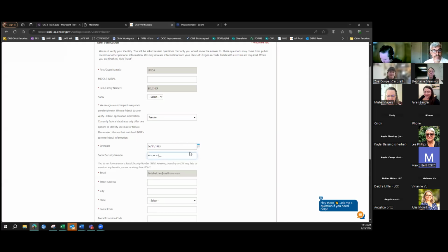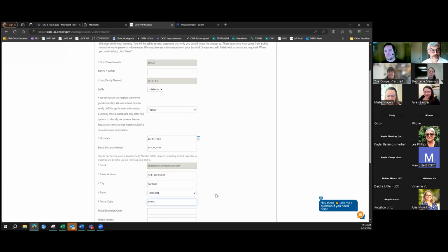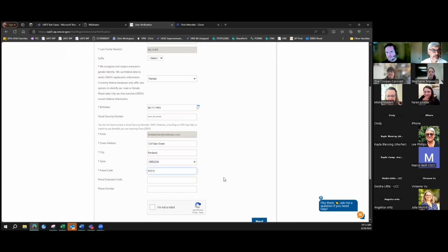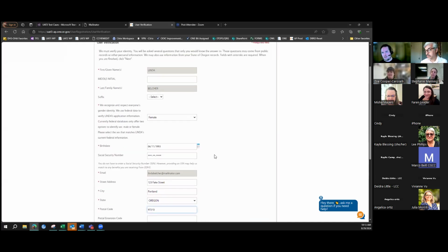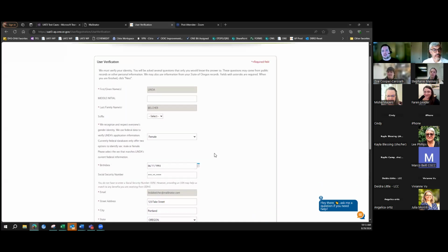I'll jump in and say it's a problem in the system when people create accounts and we don't get the match, because often there will be multiple versions of the same person that have to get sorted out by an eligibility worker. Absolutely. So yeah, being able to help guide individuals through this process if they already have an account is helpful to let them know that they don't need to create a new account every time.